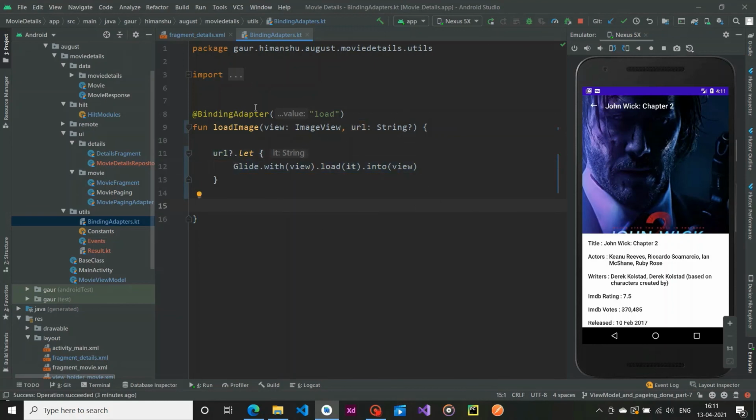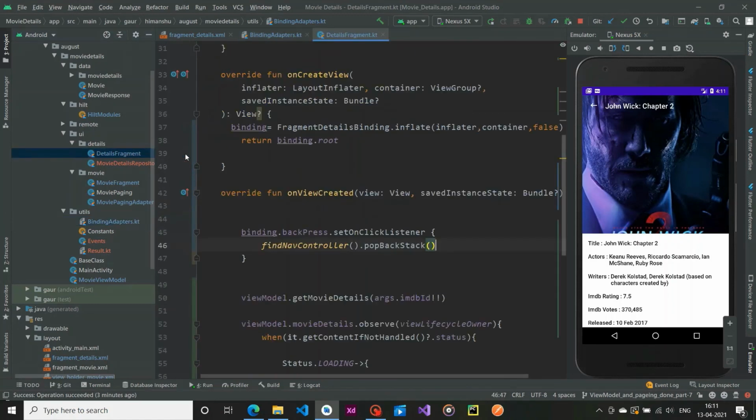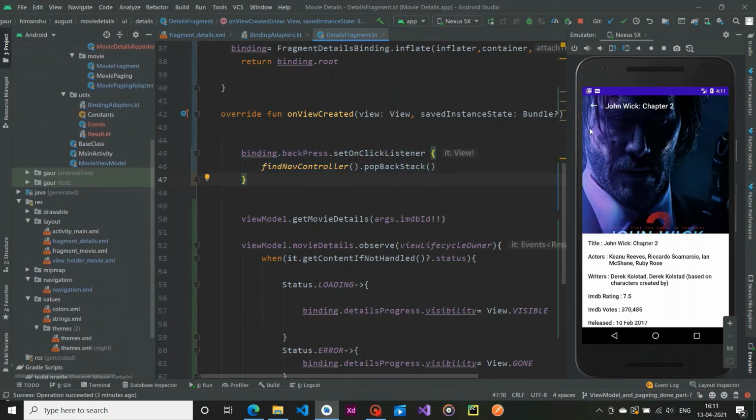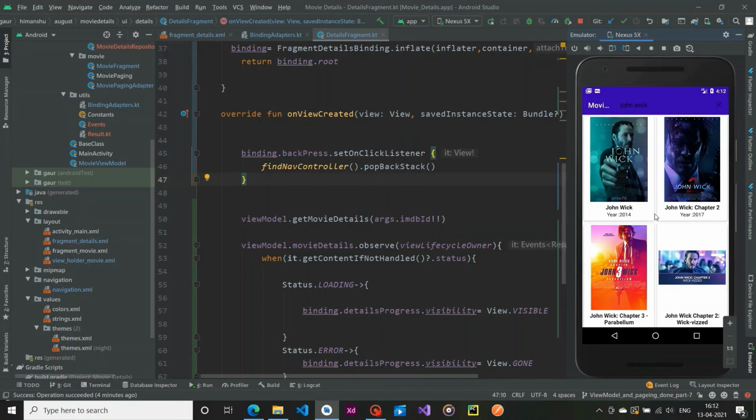The first change is this, and the second one is in our details fragment. Nothing changed but the extra implementation of our backpress. The backpress is this icon basically. Backpress is the ID which we have seen at the start of this tutorial. This is a setOnClickListener on our backpress. So when the user clicks on this back icon, it will land on our movie fragment. Basically it will pop this fragment from the stack and land on our movie fragment. Just see, when I click this, you can see our fragment pops and the movie fragment appears here. So that's all for this tutorial.